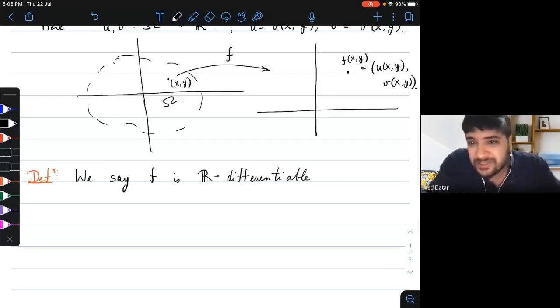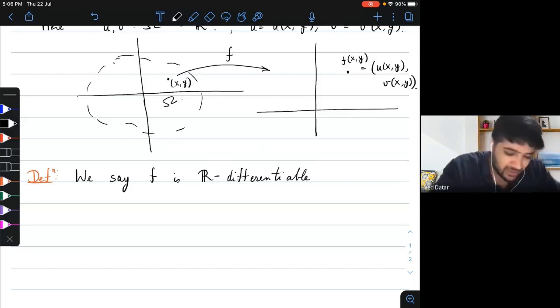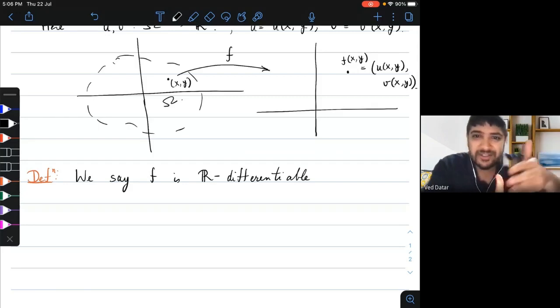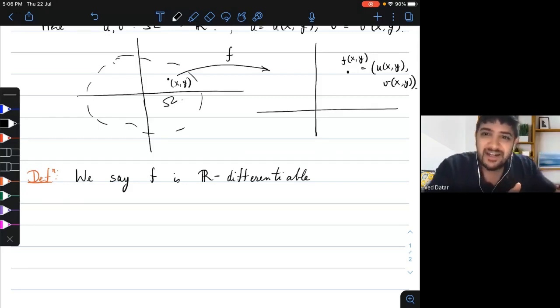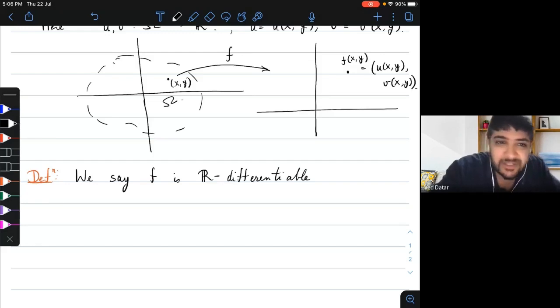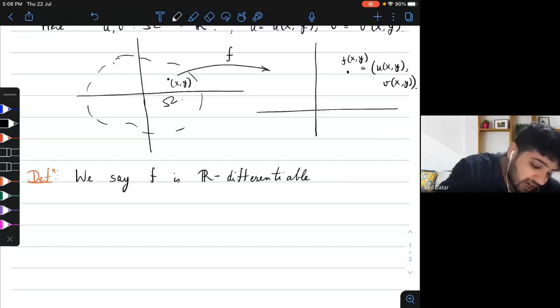In a calculus class, we basically just call it differentiable, but I want to distinguish it from complex differentiability, so I'm going to call this R differentiability. We say that f is R differentiable at a point